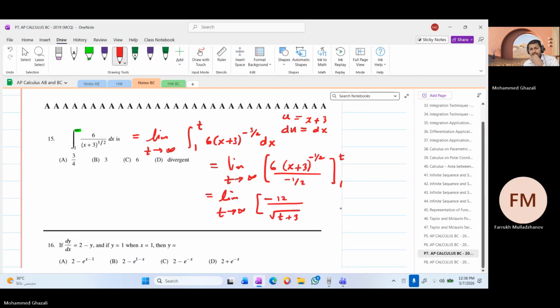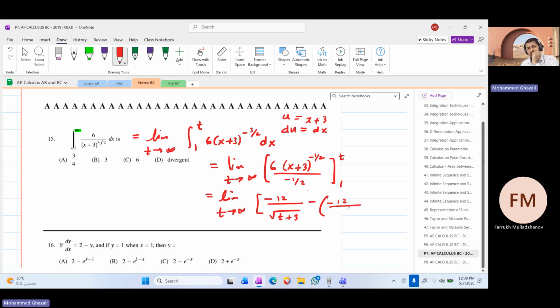Does it make sense? Yeah, makes sense. 6 divided by negative half is negative 12. And remember, this is a negative power, so that will go to the denominator, and to the power half means square root, inside or outside. Square root of t plus 3. Subtract